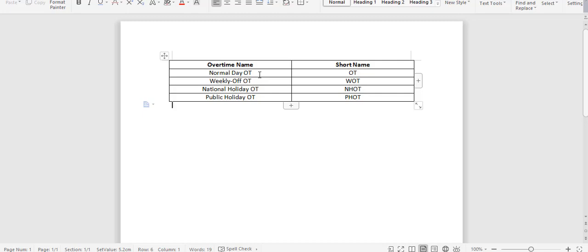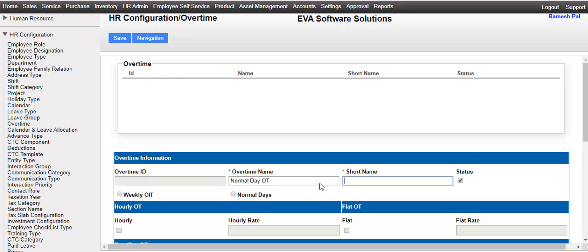For normal day OT, the short name is OT. For weekly off OT, the short name is WOT. For national holiday OT, the short name is NHOT. While for public holiday OT, the short name is PHOT. Since I am defining a normal day OT, I will enter OT as a short name.